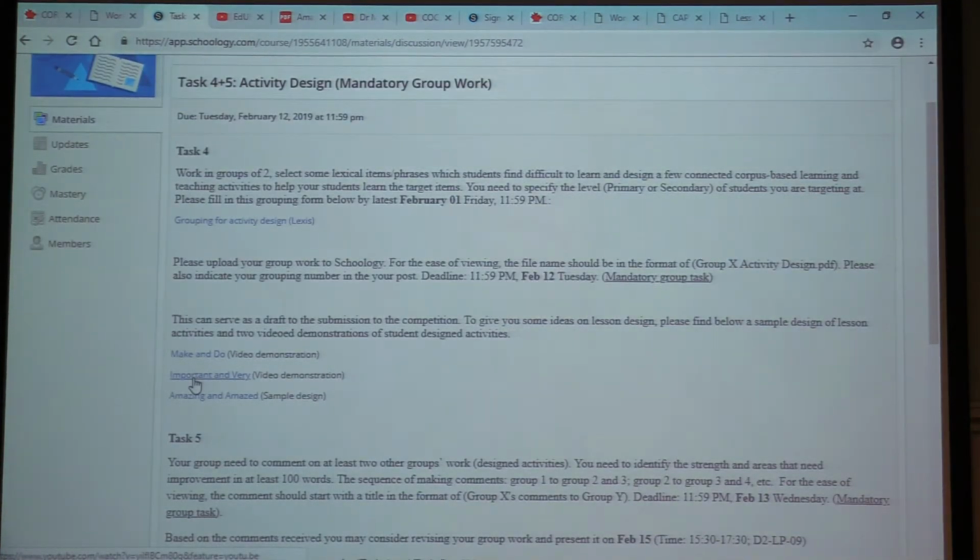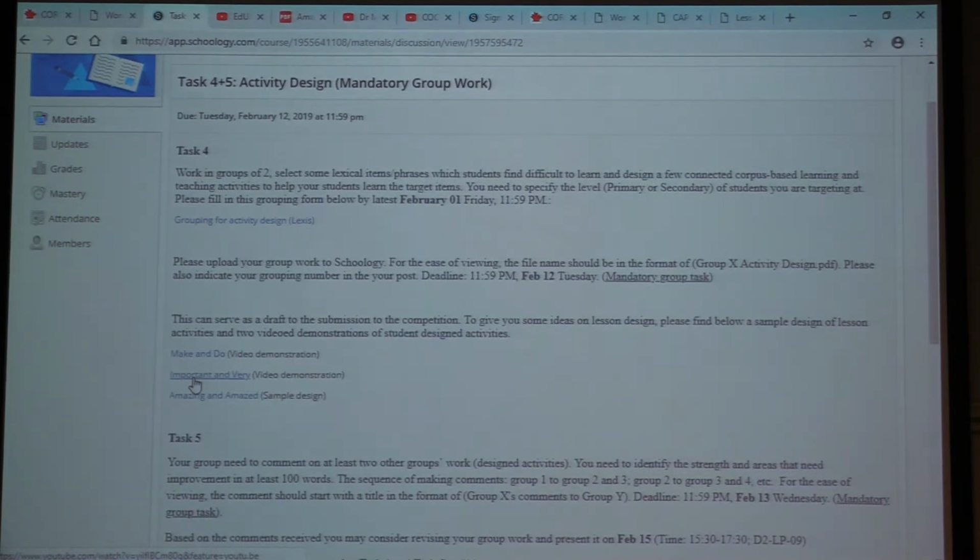This example is for secondary school students, okay? Students overuse certain words like important and very in their writing a lot, right? Okay, so how can we help students to find other alternative words to replace important and very? I think actually there's some, I mean, in the design of this exercise, I see some creativeness. Okay, it's quite original, so you can watch it by yourself.